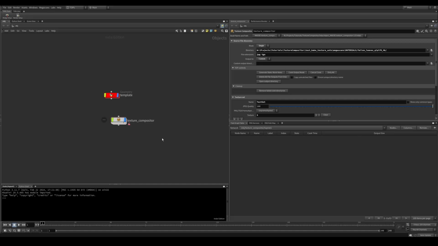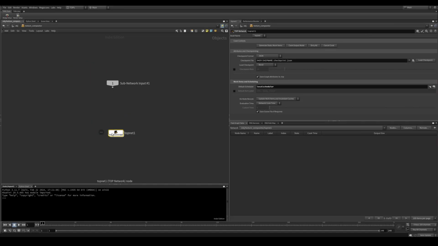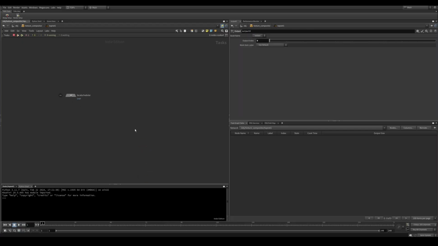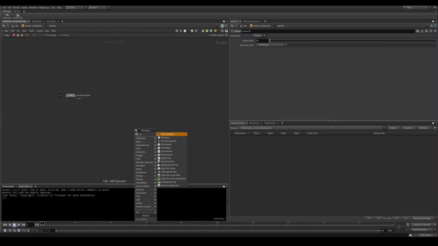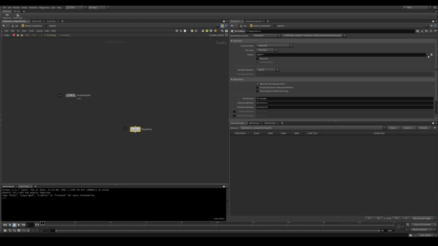Now we can go ahead and start creating our top network. So let's go inside our HDA, and I'm going to start by creating a file pattern node. The file pattern node creates work items from a directory path pattern, which means that we give a path to a directory on our computer